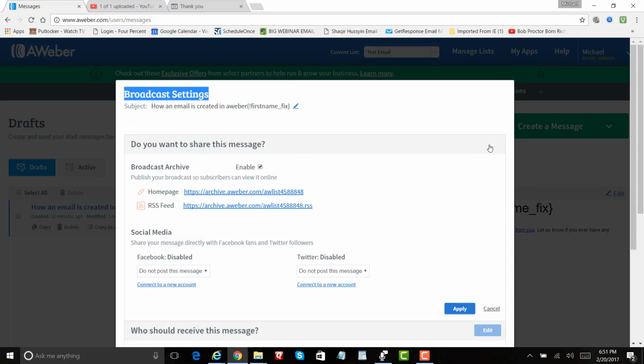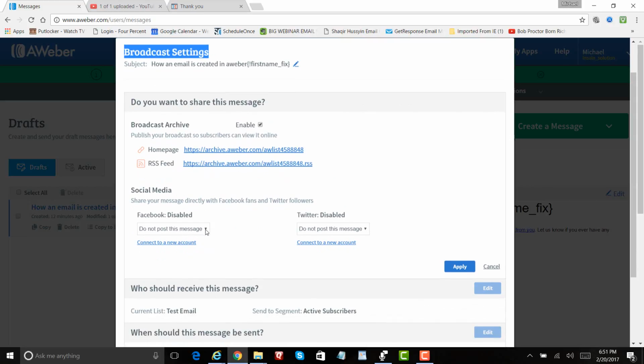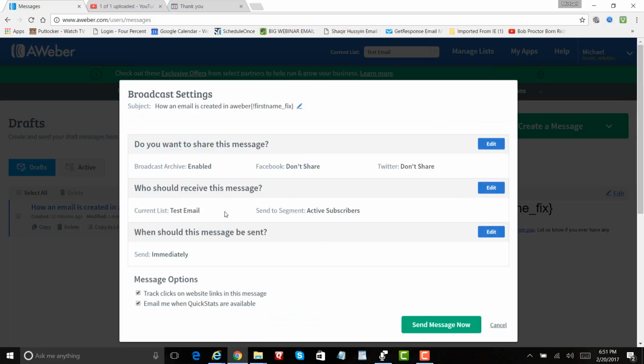All you'd have to do is select the edit button, and it will drop down, and here's where you could select where you'd want your message to be posted. If you wanted to post it on social media, or if you wanted to do it in your RSS feed or a home page. Extra little options that you can do in your broadcast with your broadcast message. There is a lot of things that you can do with AWeber with email marketing. I recommend that you just look around, play around with it, try a couple of different things, see what you